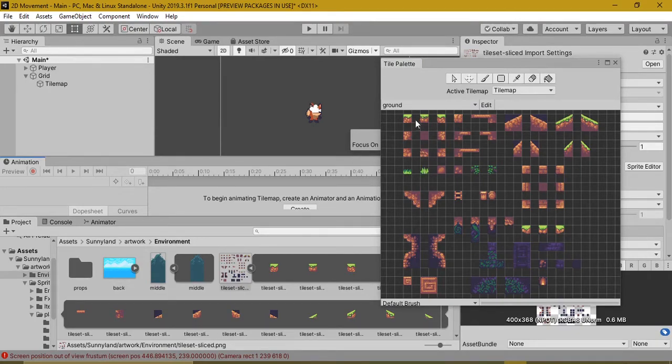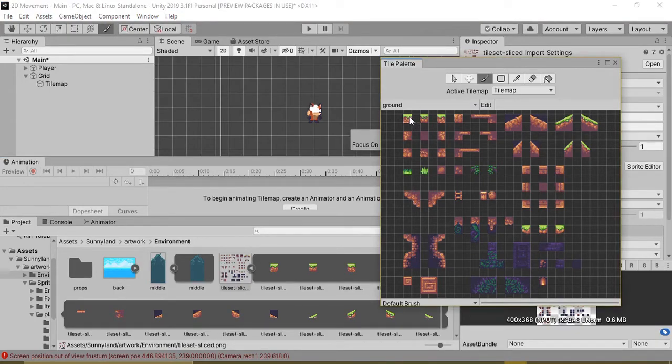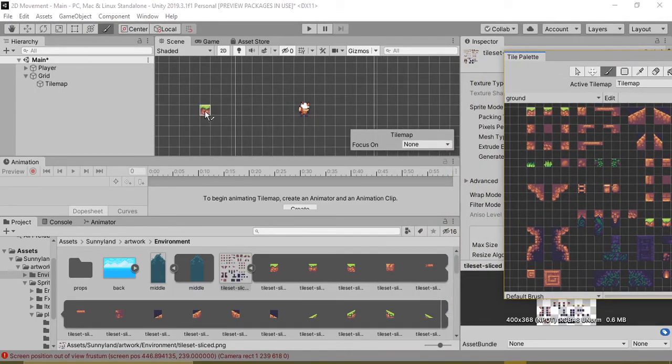So now you'll see our tile palette is done. I'll select a tile and we'll paint a level.